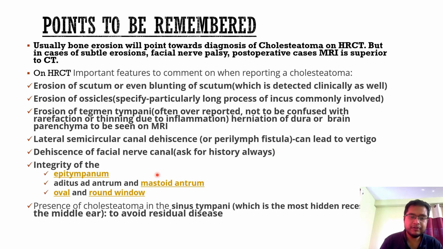Then integrity of the epitympanum, the mastoid antrum, and the oval and the round window are very important again. Then presence of cholesteatoma in the sinus tympani. So sinus tympani, again, the pyramidal eminence has facial recess and sinus tympani, the W shape. So it's very important that you comment on the sinus tympani in any case of cholesteatoma, definitely try to comment on sinus tympani, whether it is free of the cholesteatoma or whether some cholesteatoma residue is present